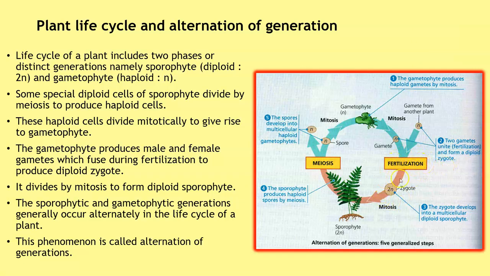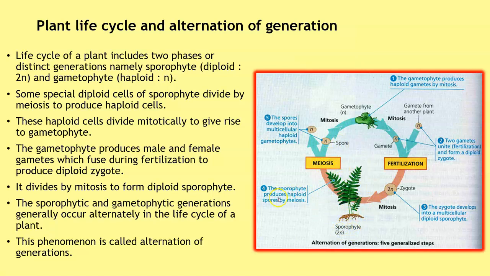So after fertilization you have 2N, that is the diploid zygote. So you can see N, N and 2N. So a haploid male gamete and a haploid female gamete give you a diploid 2N zygote. Then the third step is the zygote develops into a multicellular diploid sporophyte. So it undergoes mitosis, that is normal cell division, and it gives you the adult diploid sporophyte, which is